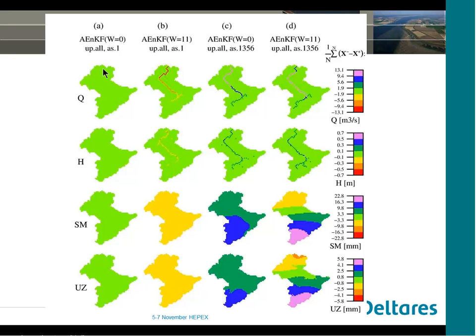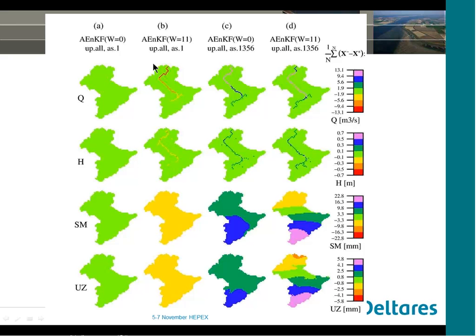If you remember from the previous plot, at the end of the run, when we do the analysis, the observation was in the middle of the ensemble. So basically, nothing happens to the discharge, water level, soil moisture, and upper zone.